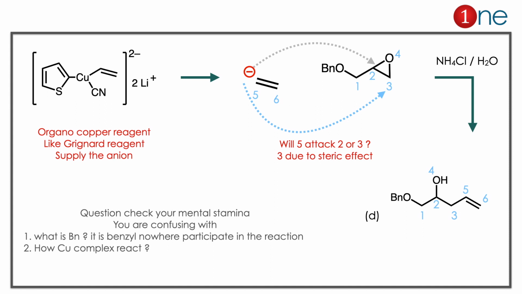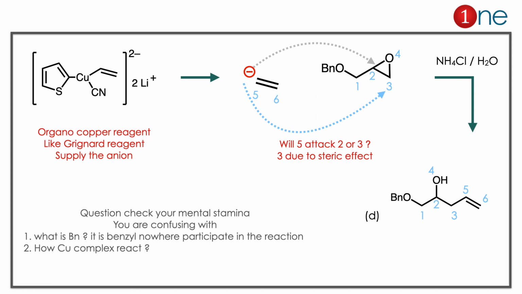The starting material is the copper complex attached with cyanide, thiophene and alkene. Here thiophene is a stable aromatic system. It wants to stabilize itself. It never forms an individual or stable anion. Then you have the alkene. The alkene can form an anion because copper is electropositive. So the alkene anion is formed.